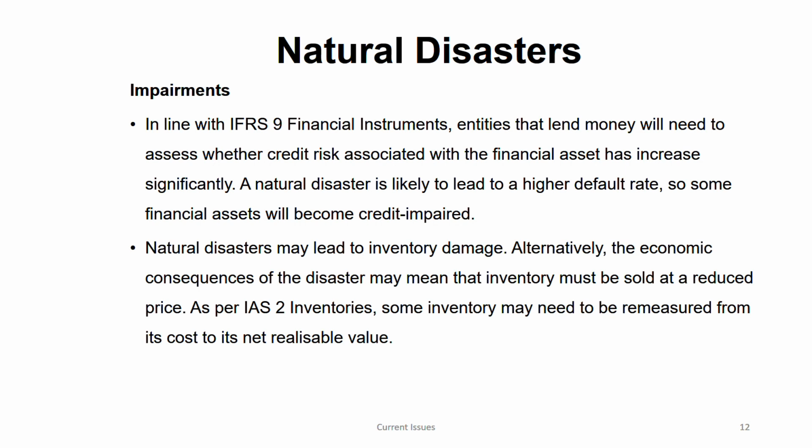Okay, and then next, what about inventory? Because of a natural disaster, your inventory in the warehouse also gets damaged. For example, rain came and all your inventory got damaged. Fire came, your inventory got damaged. Because of this, what do you do? You sell the inventory at a reduced price now, because you cannot keep on having the inventory in the warehouse anymore. It's risky. Maybe there's a risk that a fire will burn all the inventories or rain will wash them away. So before that you're selling, or whatever is remaining you're selling at a reduced price. You cannot sell it at a higher price now. So because of this, according to IAS 2, inventory now has to be remeasured from its cost to its net realizable value.